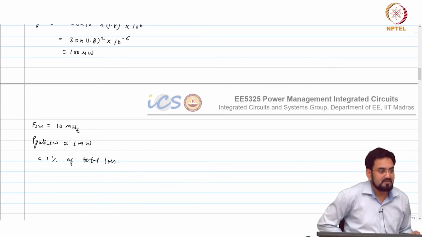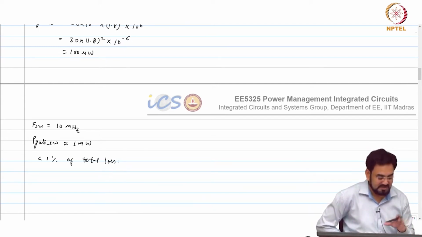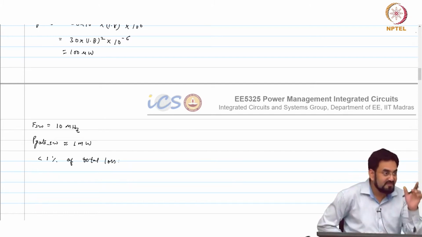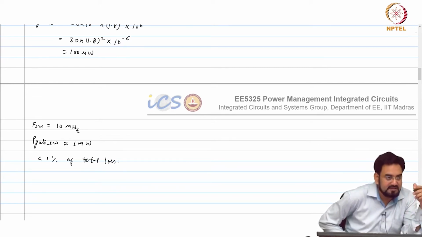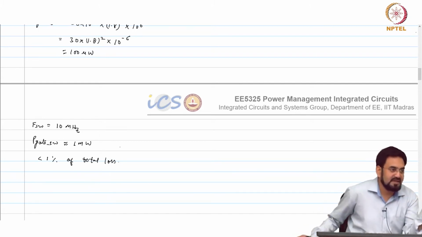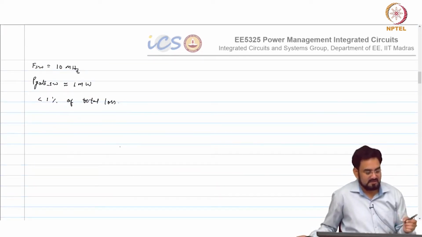Now, what is the other switching loss? This is okay for this, but we have one more switching loss, dead time. We have to see if at 10 megahertz that becomes very high, then it will kill your efficiency. So then we may have to go back and see what the total switching losses are at 1 megahertz and 10 megahertz, then we'll finally decide. Okay.